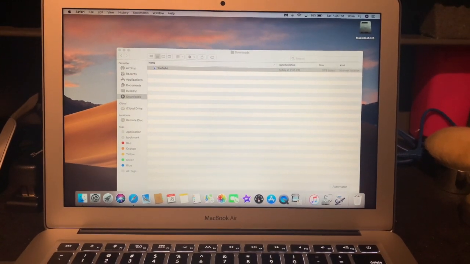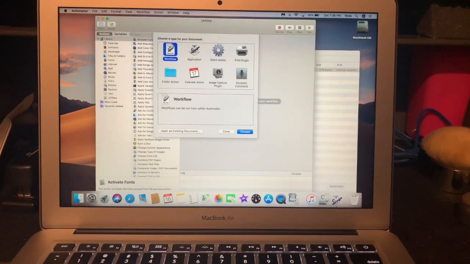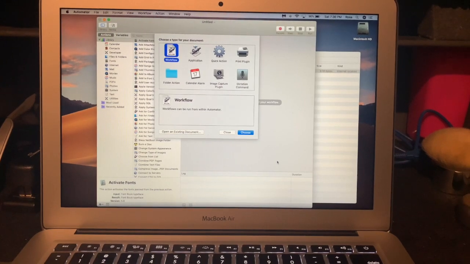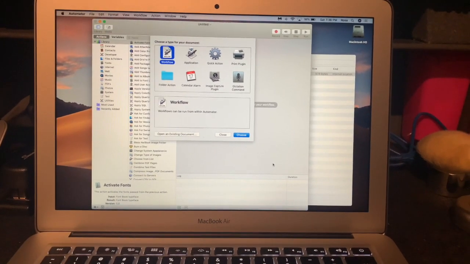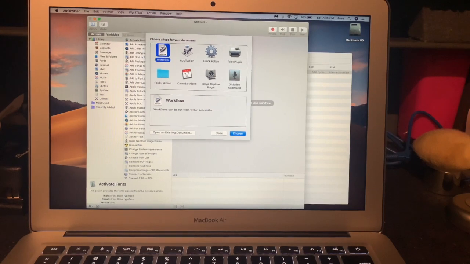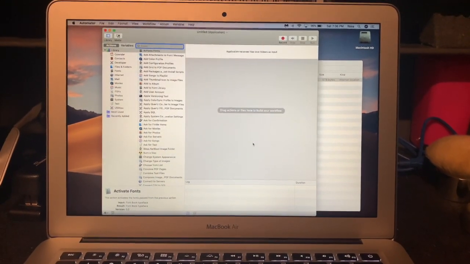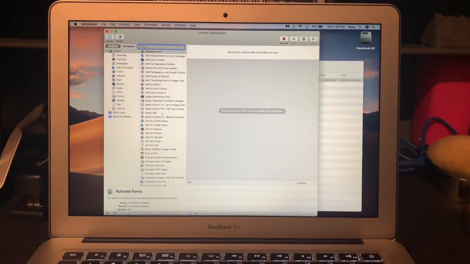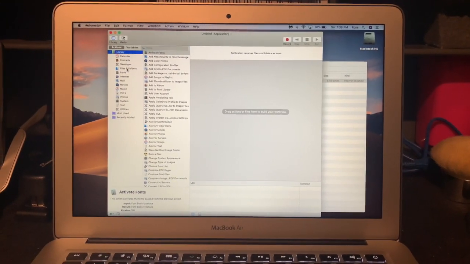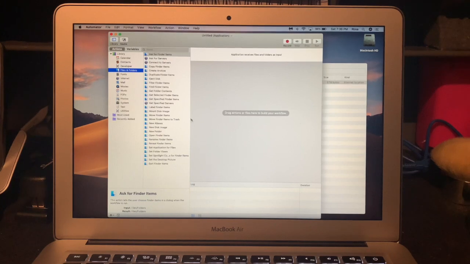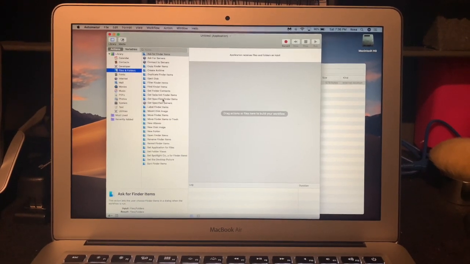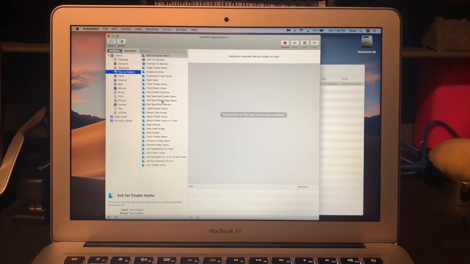Go to Automator. If you can't find Automator on your dock, you will find it in Finder, Applications. Now you go to Applications, choose Files and Folders, get specified Finder items,